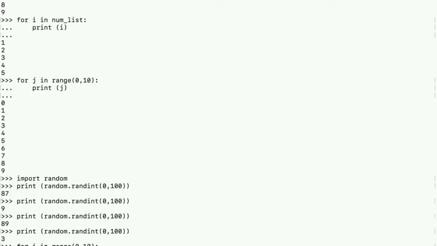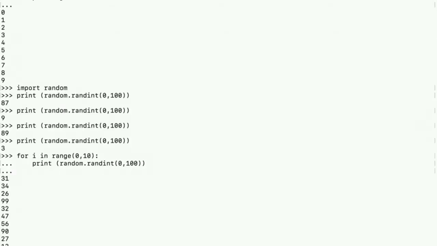It means we are going to print random numbers in the range 0 to 99, and we are going to print 10 such numbers. Enter, enter. We got 10 numbers in the range of 0 to 100. Sorry, 0 to 99.